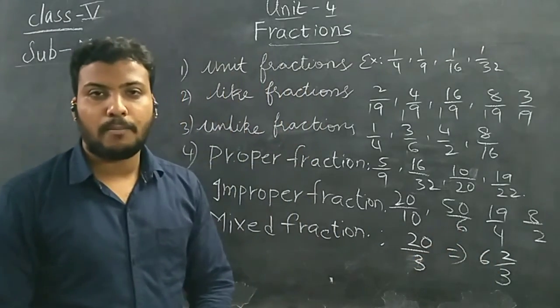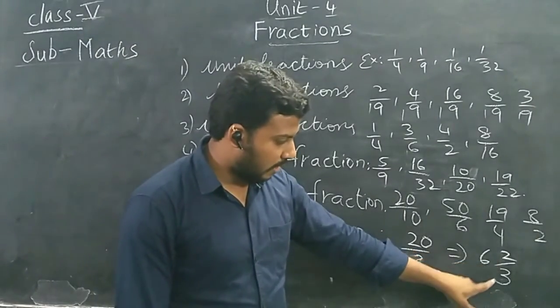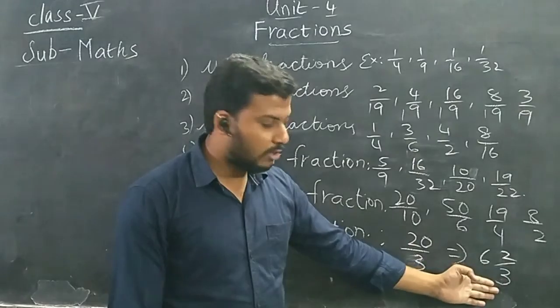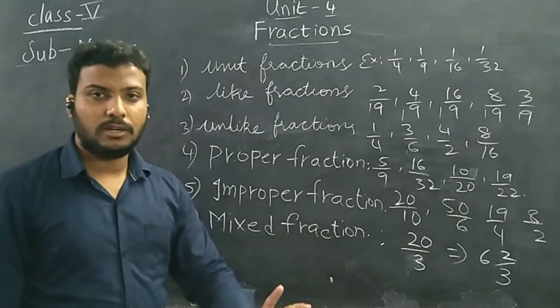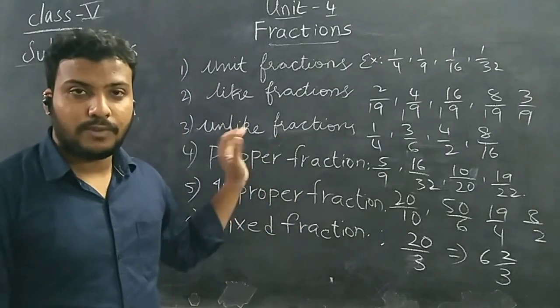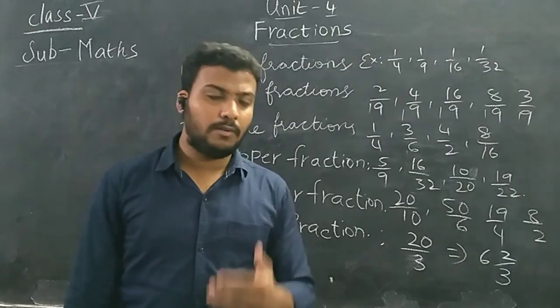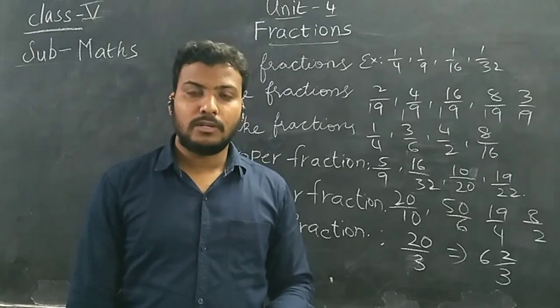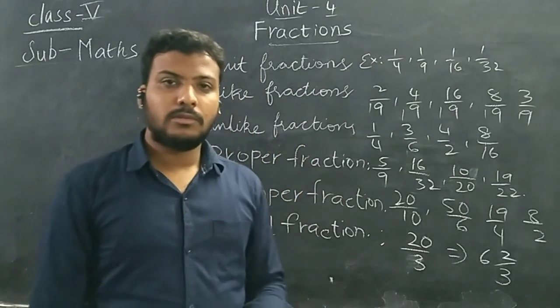I have said the proper fraction has a numerator value that is very less. So here you can compare. 2 is very less compared to 3. So this kind of fraction is called a mixed fraction, children. Follow this kind of fractions. With these fractions only, we are going to solve different concepts. Different concept problems are there. So we will solve them. Observe carefully. Watch the video. Thank you, children.